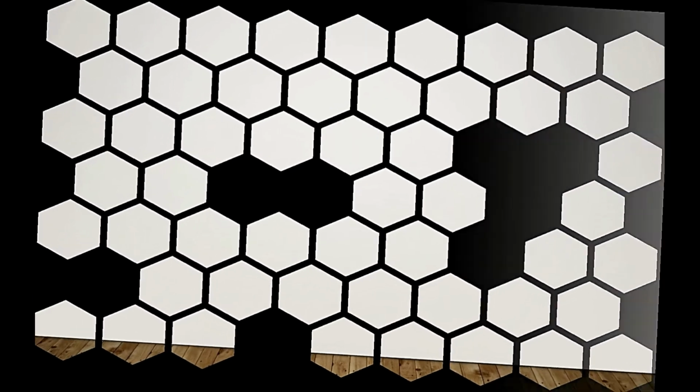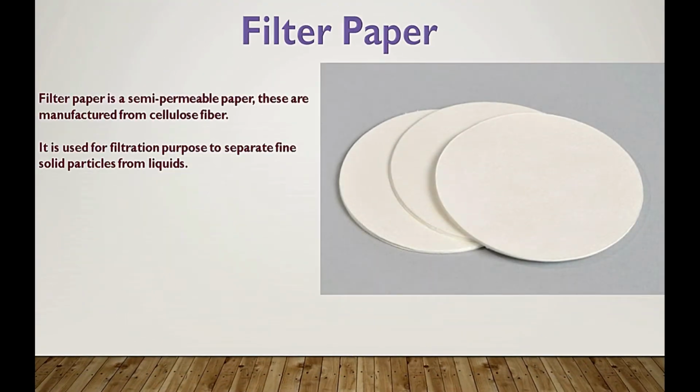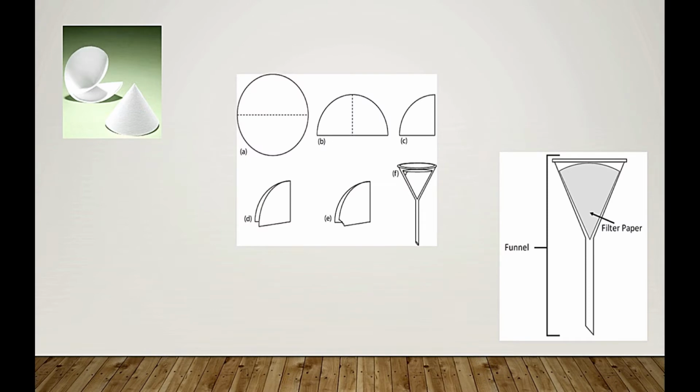Next chemical apparatus is filter paper. Filter paper is a semi-permeable paper. These are manufactured from cellulose fiber. It is used for filtration purpose to separate fine solid particles from liquids. For using, filter paper is converted into a cone in this way. So